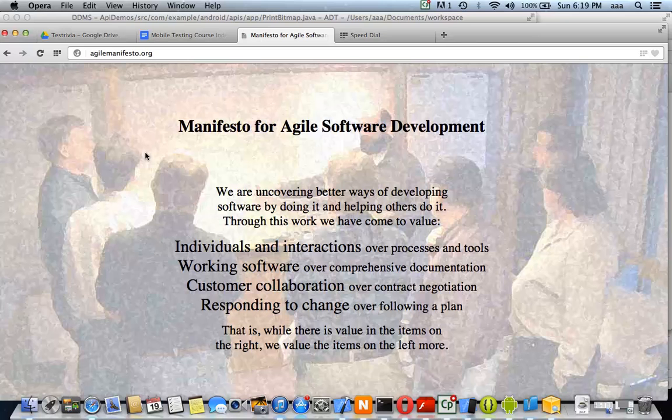And customer collaboration over contract negotiation. With customer collaboration, you make an app and you can showcase it by screen captures, and you can even show a Balsamiq prototype. Once the design is ready, this is how it will look, and the customer can collaborate by even testing the app, because every customer may have a smartphone.